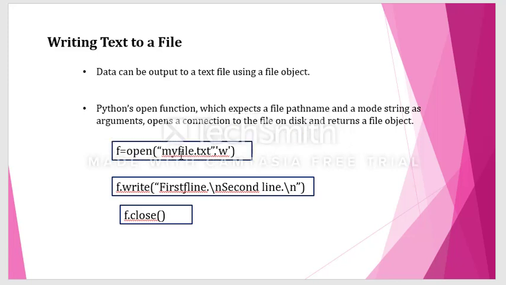What is my file name? myfile.txt, that is my file name, comma, then there is a mode. That means in which mode you want to open that file. There are different modes of files: read mode, write mode, read plus mode, write plus mode, append mode, append plus mode. Similarly, these modes you already have in C programming also. So there is a lot of similarity between the C programming files concept and the Python files concept.